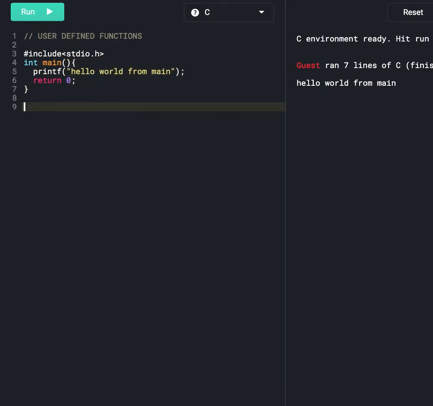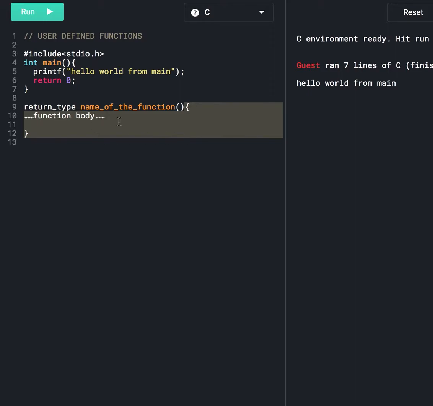So here we can observe the prototype of the main function. First we have return type, then name of the function, then parenthesis, this is function sign, then we have open and close curly braces, this is function body. Okay, so all functions we declare like this. First we write return type, then name of the function, then parenthesis, then open and close curly braces, this is function body.